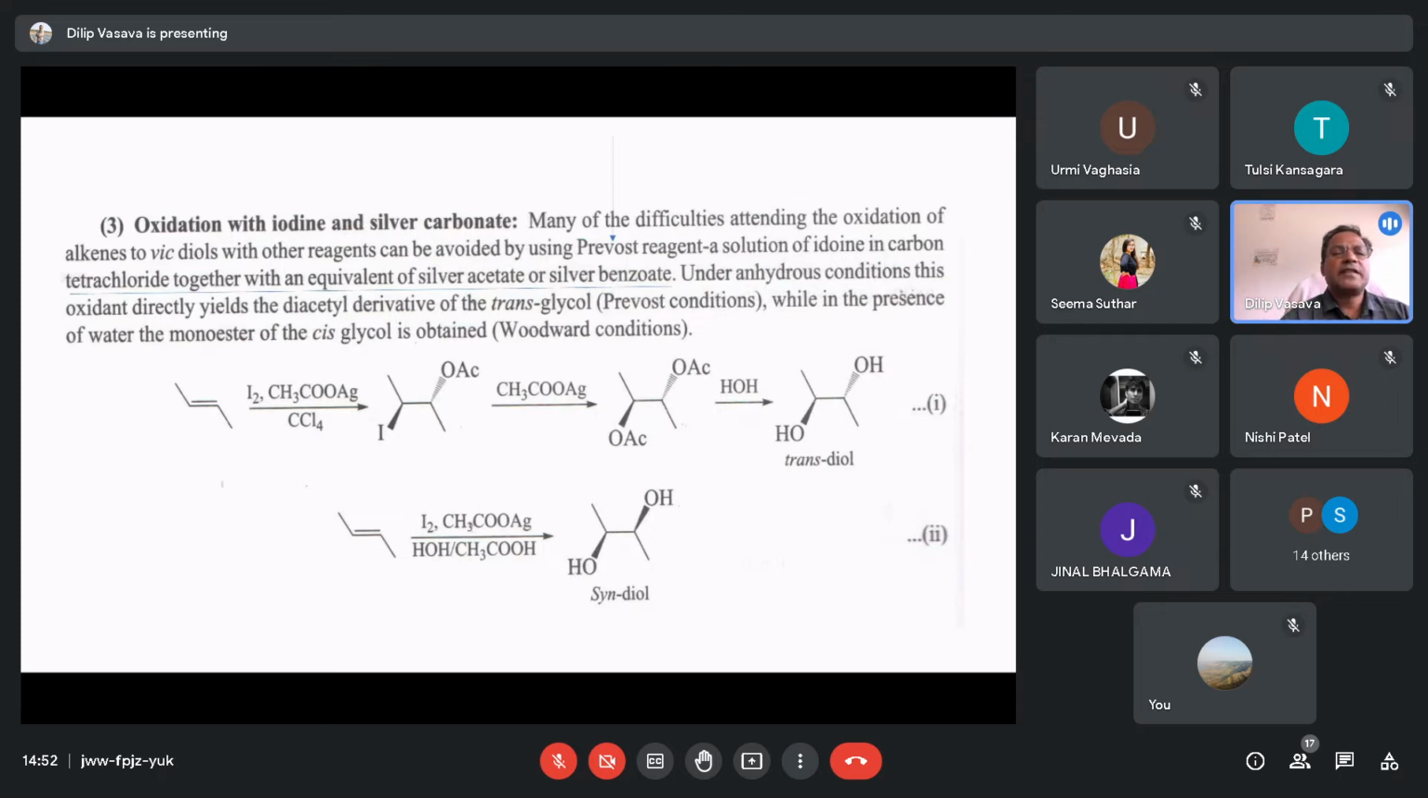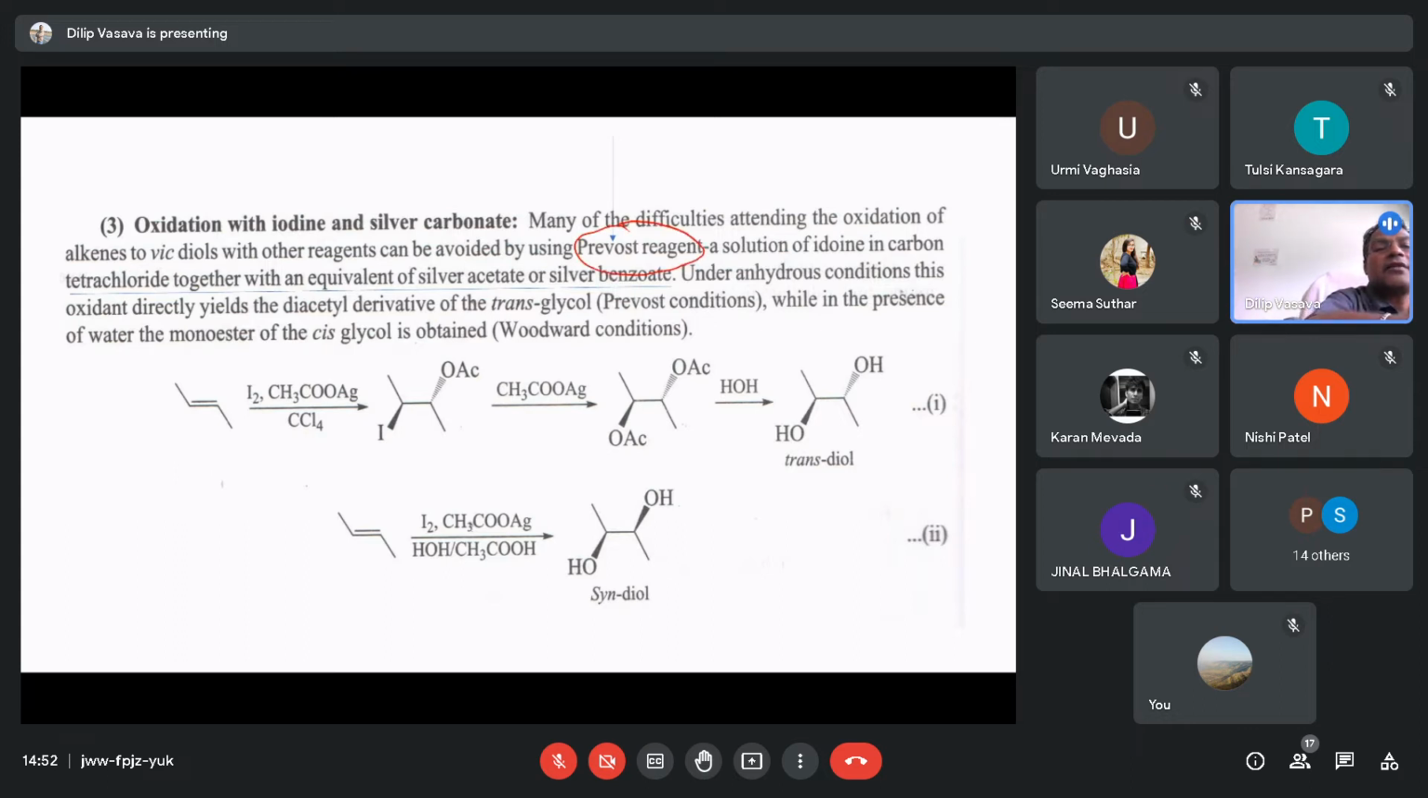Now oxidation with iodine and silver carbonate. Many of the difficulties attending the oxidation of alkenes to vicinal diols can be avoided by using the Prevost reagent. And what is the Prevost reagent? That is the Prevost reagent, a solution of iodine in carbon tetrachloride that you are using